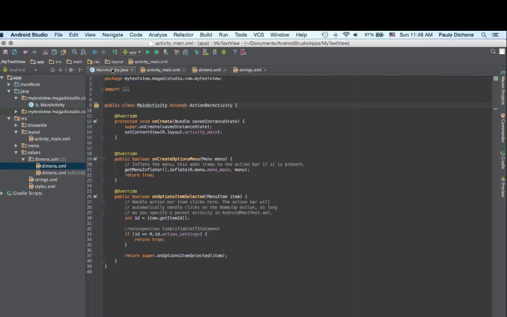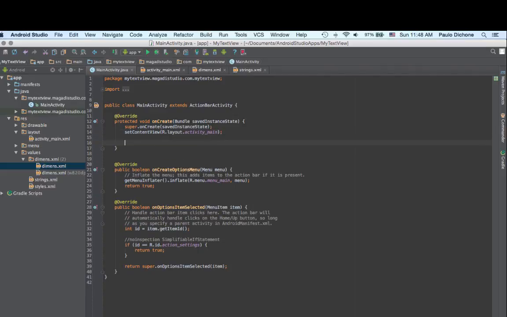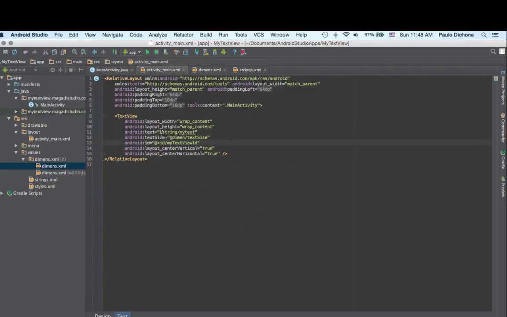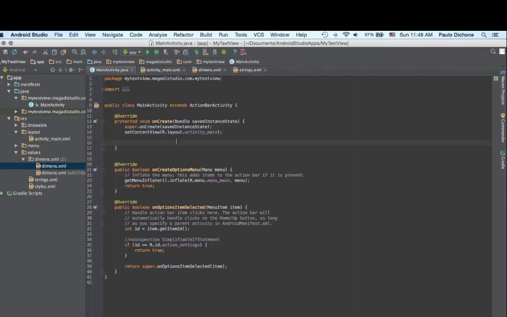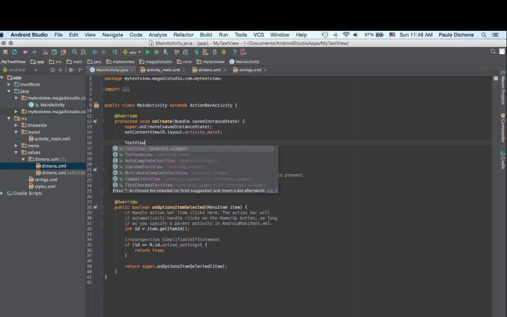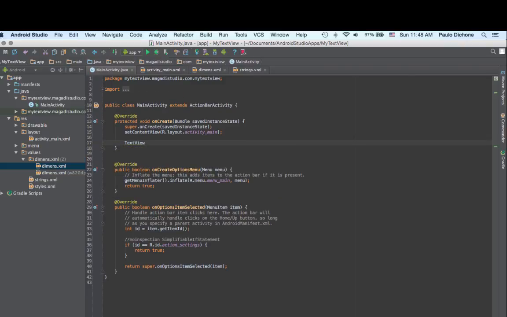Now, if we go to our main activity here, inside our onCreate function, because this is where everything is instantiated, everything is set up when our app runs. If we go here and want to reference this text view to do whatever we want to do, we then say here TextView, because that's a TextView class. Okay, and we name it, let's say myText is equal to, and then we say findViewById